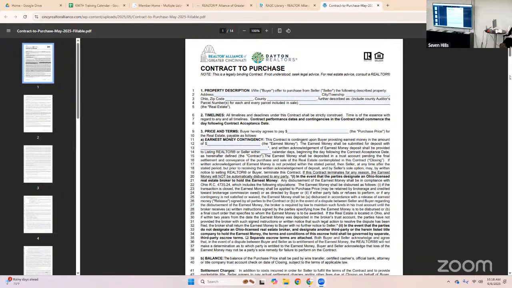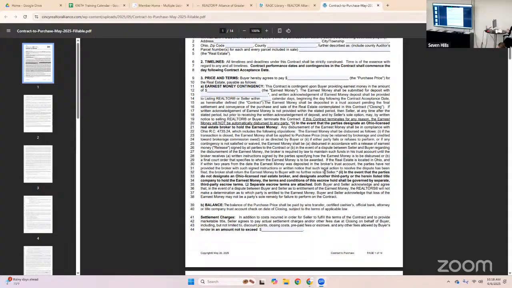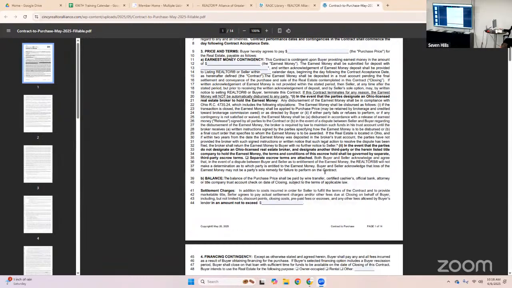So we're going to start with the change sheet. Did I give you that? Okay, cool. We're going to start with the changes that have actually happened and go through the sections that have been changed. Section 3 is the first change, and it's talking only about the earnest money. The 3-day default has been removed if a time frame is specified. So you have to put in your own time frame.